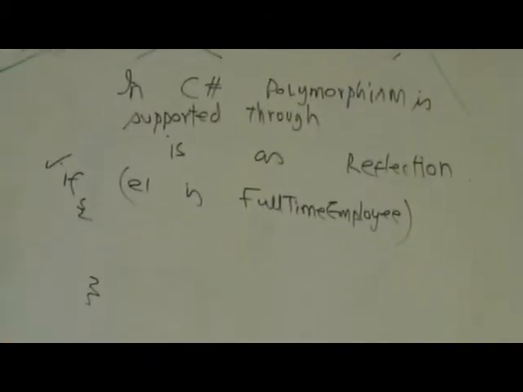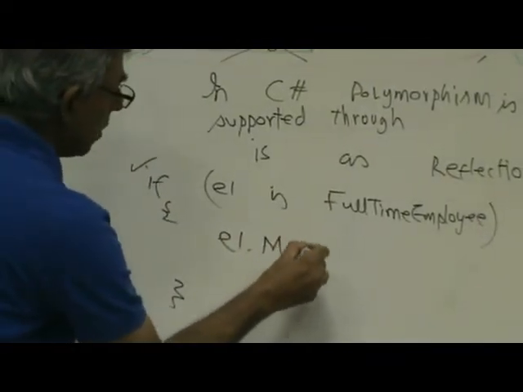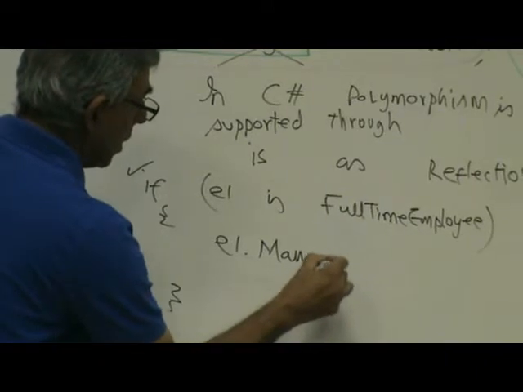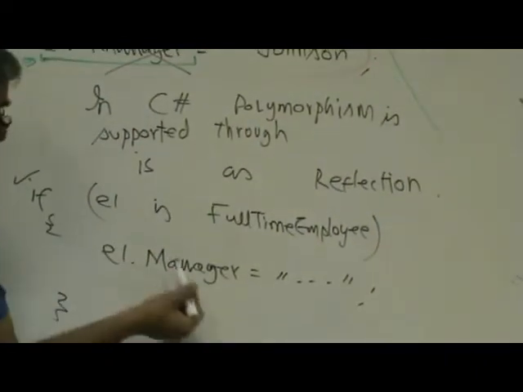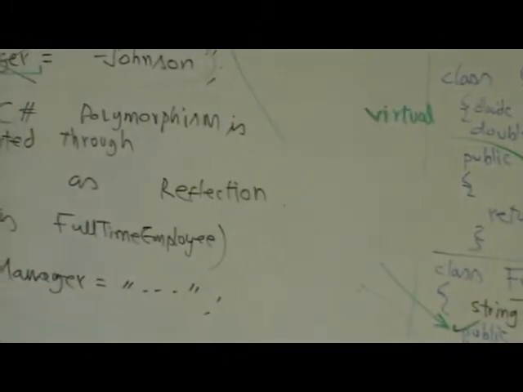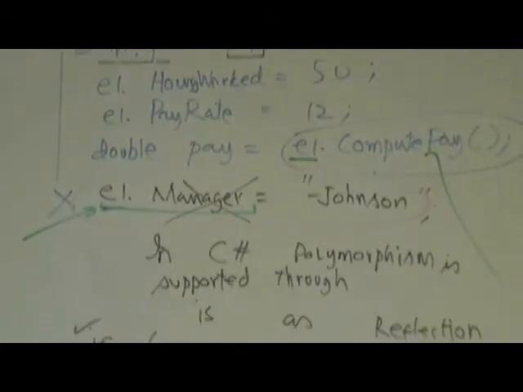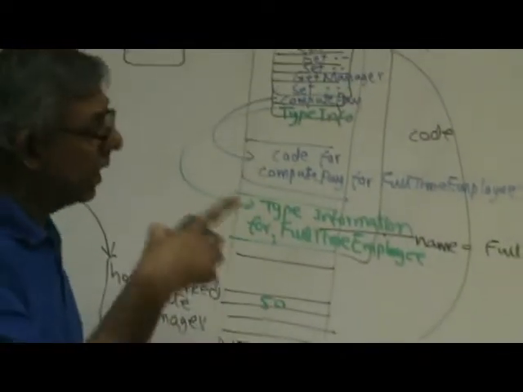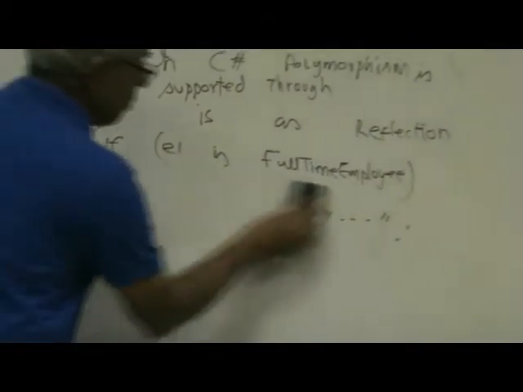Like I said, we still cannot do E1.manager equal to something. Because if we did this, the compiler will again say, I don't see manager in E1, which is of type employee. As we discussed last time, we have to create a reference which is pointing to the full-time employee, and then through that reference try to access the manager. So what we'll do is